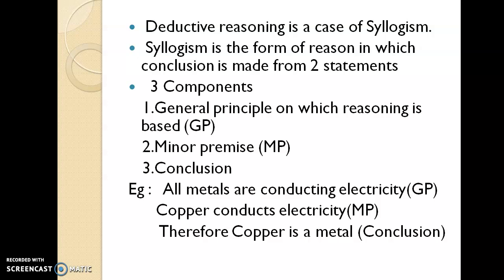For more clarity I will cite an example. We know that all metals conduct electricity. So that is a general principle, or a theory. And copper, we know that it is a good conductor of electricity. So it is a minor premise. From these two aspects, we can conclude that copper is a metal, which is the conclusion of that particular observation, right? So this is called a syllogism. By means of statements about a particular thing, we can make a conclusion. This is called the deductive method.